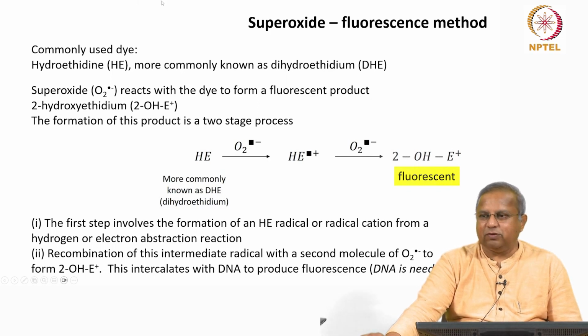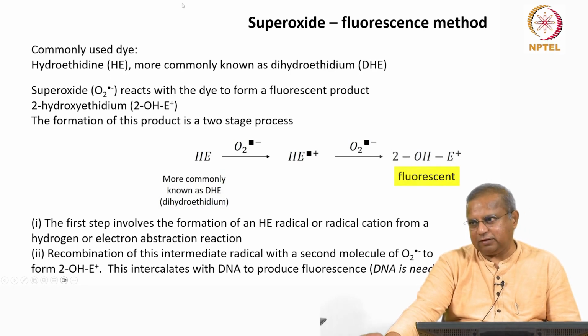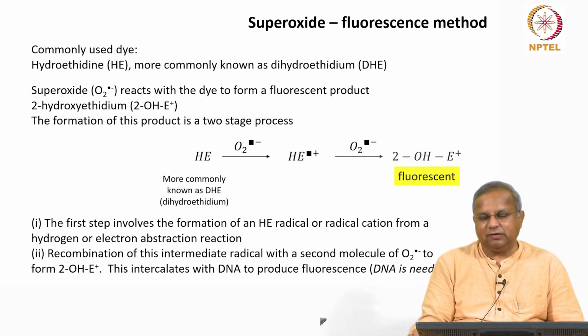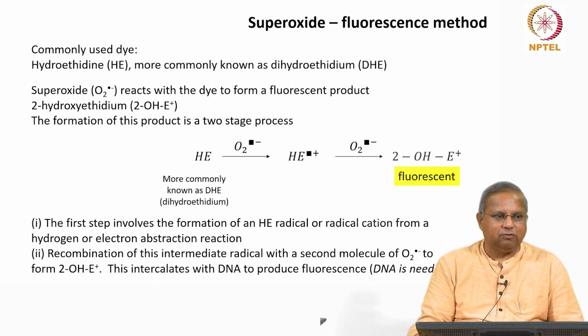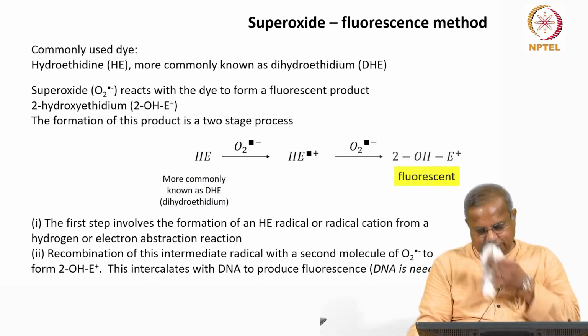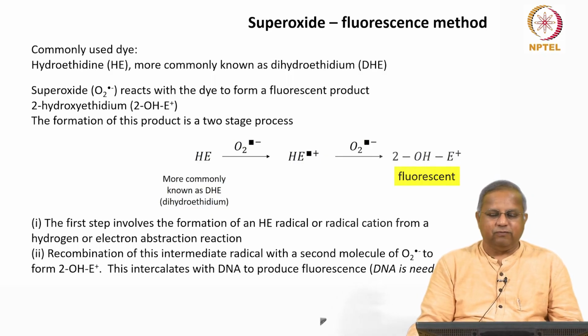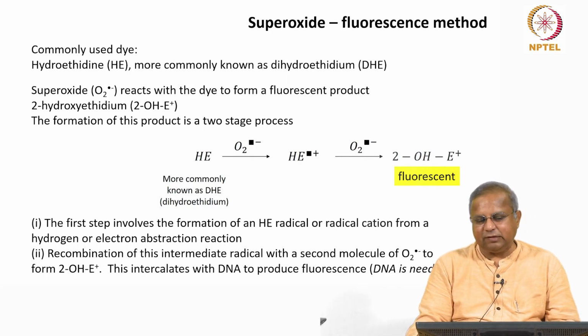In the last class we looked at hydroxyl predominantly using dyes, fluorescent methods. We are looking at measurement in cell cultures, and we said that fluorescence method is easy enough for us to use. We have been using fluorescent methods in our lab, fluorescence of dyes which are specific to specific reactive species. Of course, there are interferences, but they are reasonably specific. So for hydroxyl, which is what we saw earlier, we used APF and HPF. We discussed that, and then we